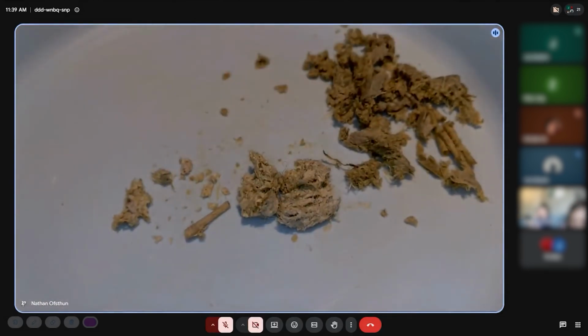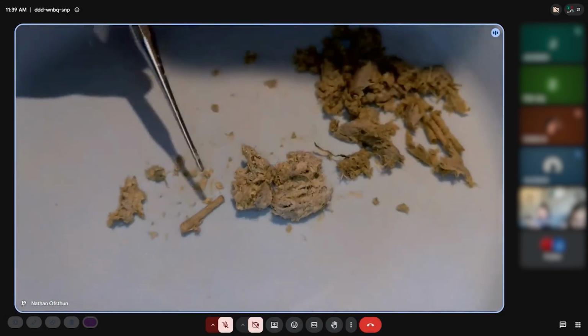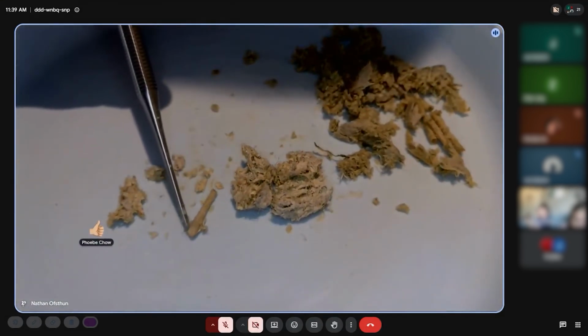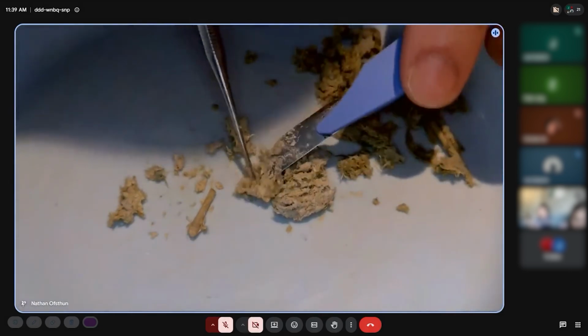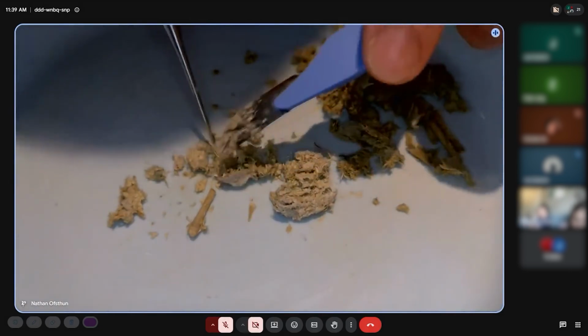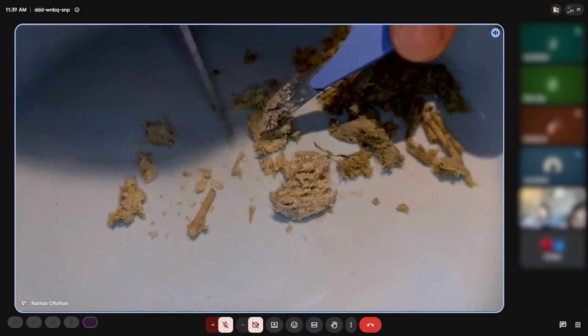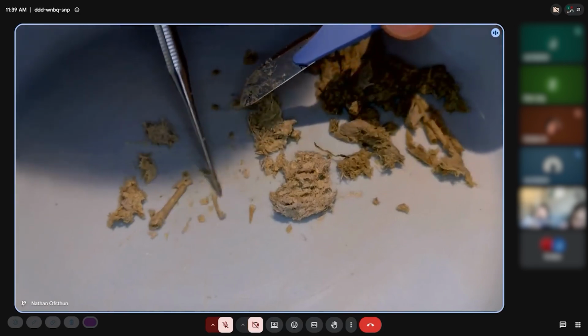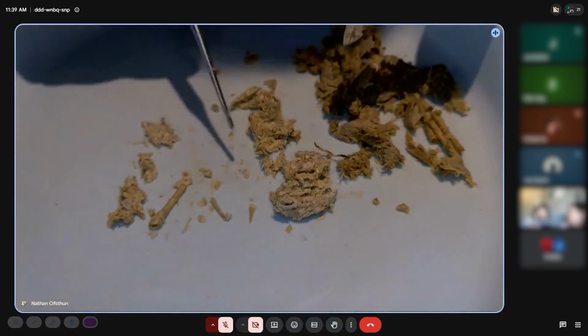Apparently, Aluco is not really good at digesting the leg bones. The leg bones must be just too large for him to digest. And so there it is right there. I can see the end right here of his femur. That is the largest leg bone that he has, the largest leg bone you have as well. Here's a smaller bone. It's in fragments. I can't quite see what it is. It might be a wing bone or an arm bone.